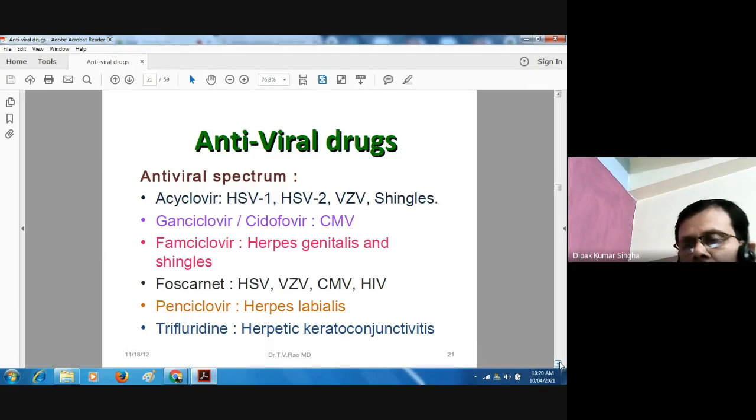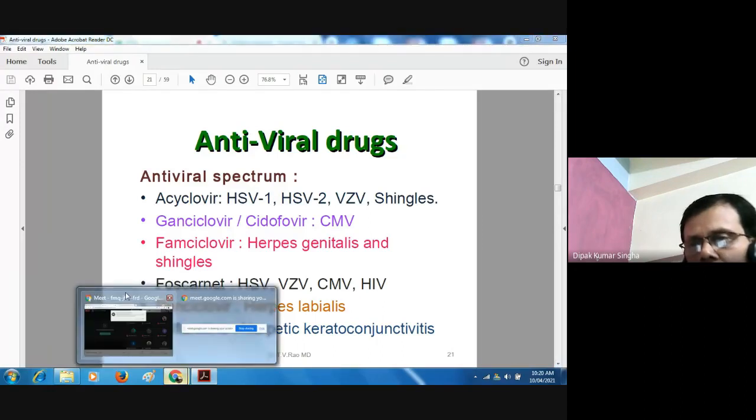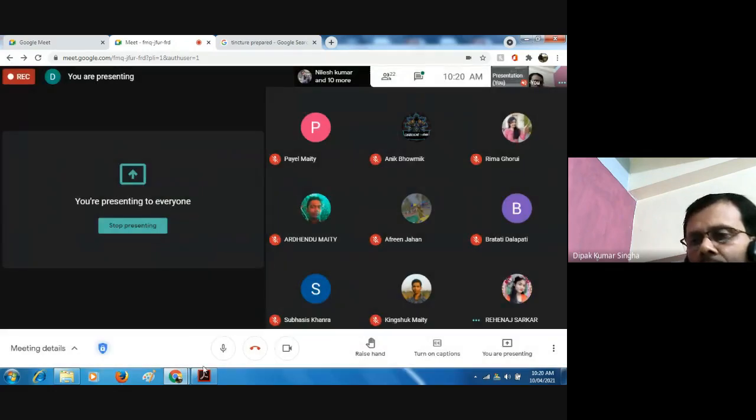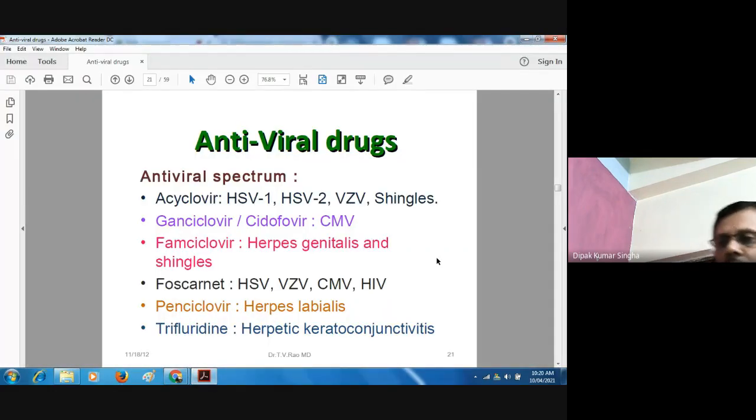is the spectrum of acyclovir? Actually, acyclovir is the most potent, and it is a prototype. I mean, this is the fastest drug of the antiviral drugs. It has huge activity in viral infection, as a skin ointment as well as tablet or injection. Acyclovir covers HSV1, HSV2, and VZV, and ganciclovir is considered for CMV, cytomegalovirus, herpes genitalis,